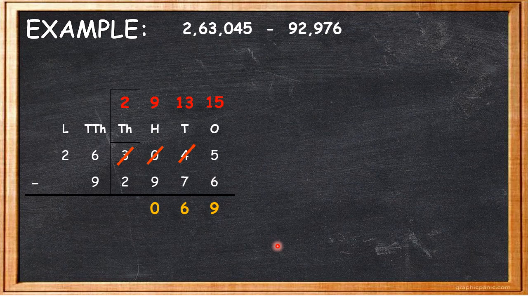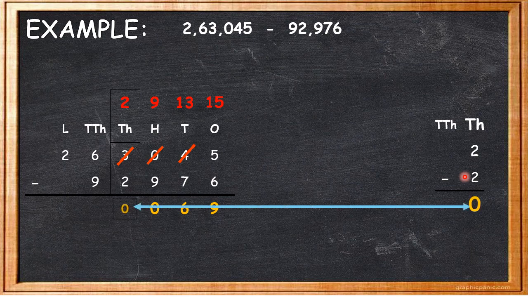After subtracting the hundreds column, let's subtract the thousands column. Yes, I have written it here separately. Let's find out the digits under the thousands column. 3 and 2. But here it is 2 and 2. Why? Because the 1000s house has given 1000 to the 100s house, so it is left with 2000s only. So 2 minus 2 is what? 0. So this 0 I will write in the thousands column.